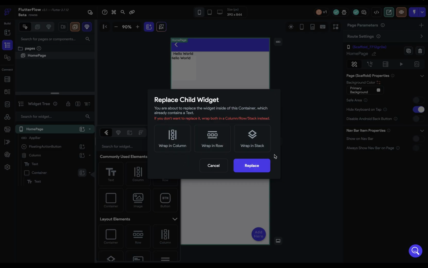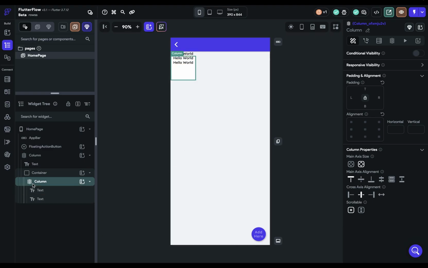And of course, which you pick will depend on your design. What are you trying to do? But let's just wrap it in a column right here. And so you can see what happened. So now our problem is resolved because our container has one child, a column, but it beautifully resolves the design issue we wanted to have. That is two text widgets inside our container, which brings us to this last category of widgets that can have